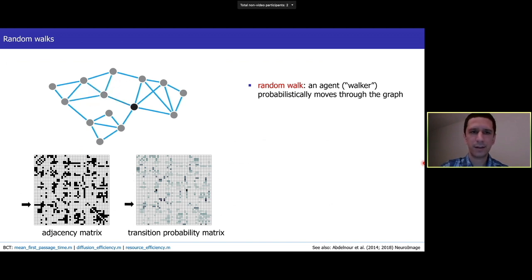So if the walker chooses to move to that particular node, we simply move down in the transition probability matrix, and we recompute the probabilities of moving to any one of the neighbors of that node. And the process can continue in this fashion. The main thing that's important for this process is that the random walker will ultimately